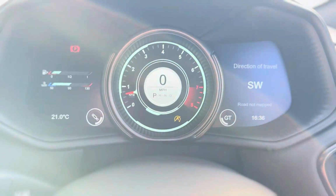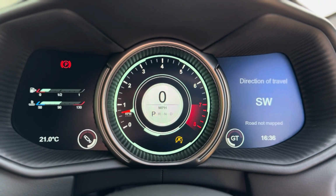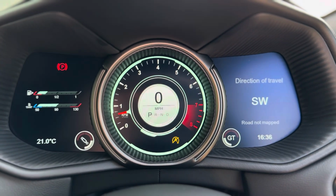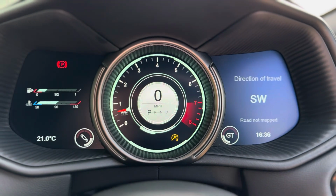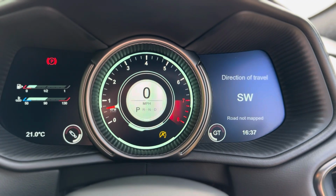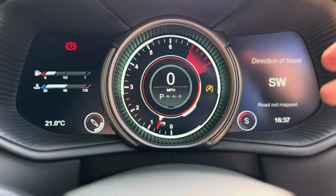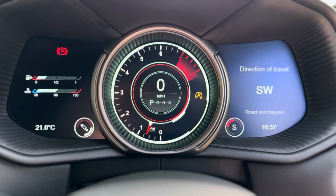Now the GT, that's more engine and gearbox, so it changes the way that the car delivers power. It makes the input on the right foot on the accelerator pedal more sensitive, so it's not just how far your foot goes to the bottom of the travel of the pedal, it's how quickly you move your foot. But it makes it more sensitive when I press the button once. And then you can see now that the interior dial is now red, as well as you're now showing in sport. And if I press it again,